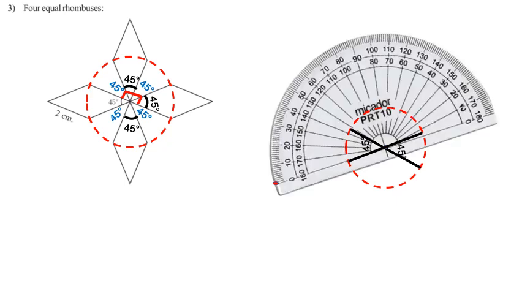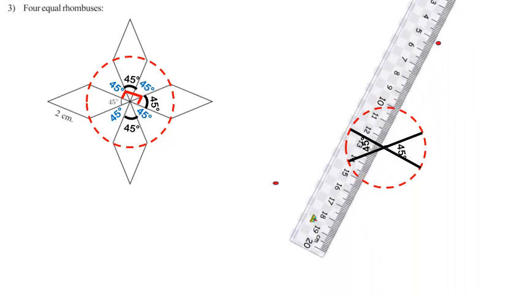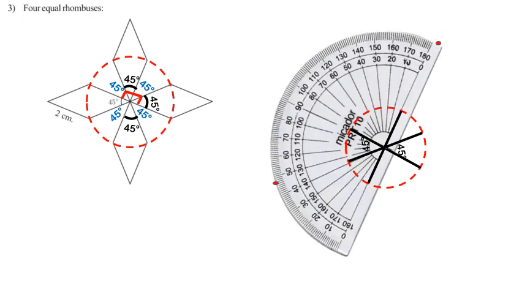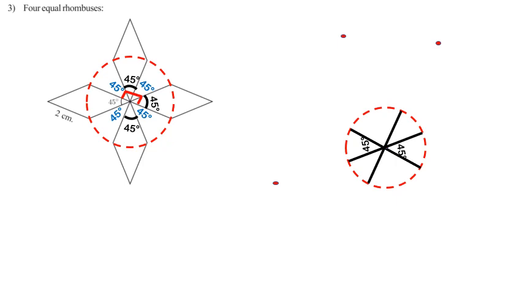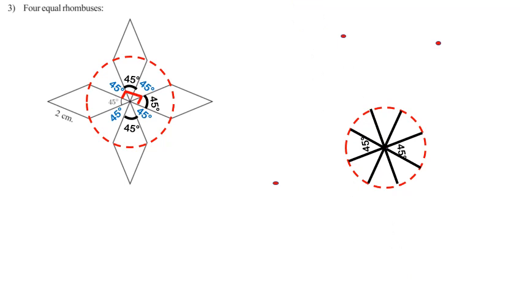Then again take protractor and mark 45-degree angle from the right end of this line. Then draw another diameter passing through the center to this point. Then again keep protractor to this line and mark 45-degree angle from the top end. Then draw one more diameter passing through the center to this point. Now we get each angles of 45-degree angle.